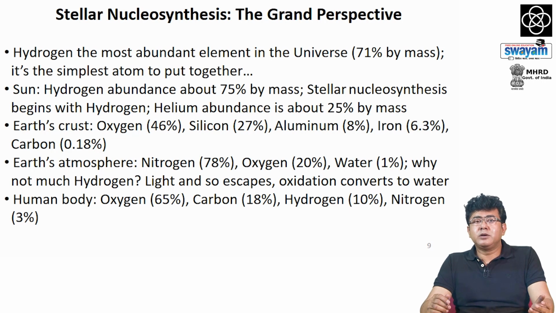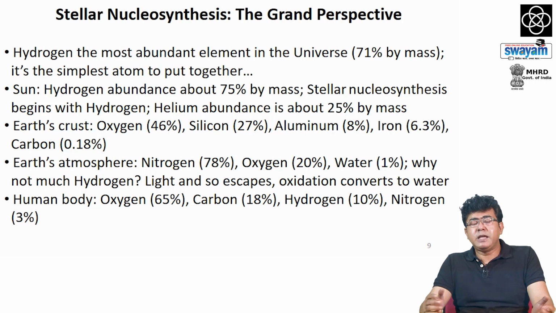And the sun in fact contains about 75% by mass of hydrogen, and as we discussed, nucleosynthesis, the generation of new nuclear elements through nuclear reactions, occurs in the core of the sun, where hydrogen is fused to form helium. So, helium is the second most abundant element in the sun. Now, if you look at other